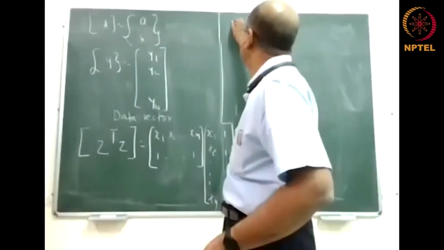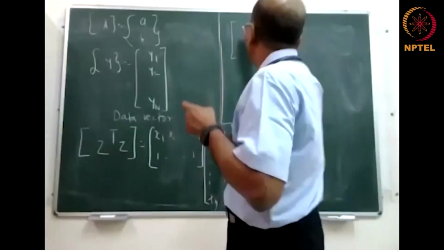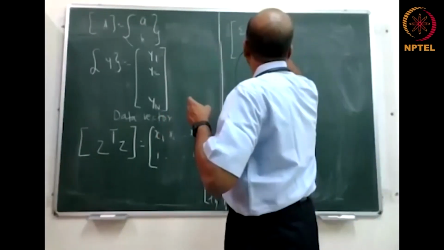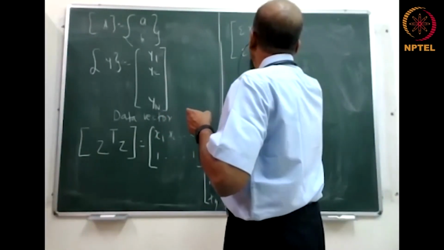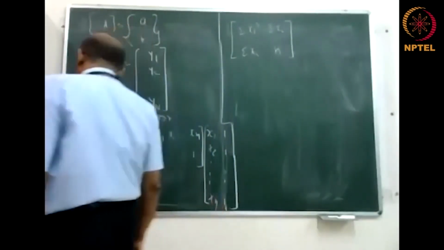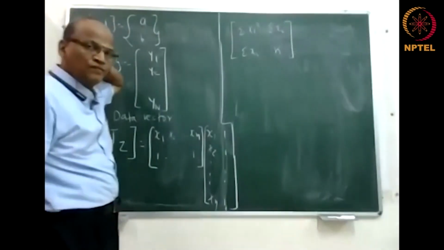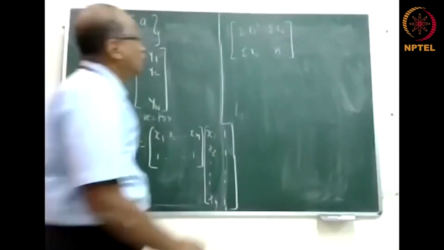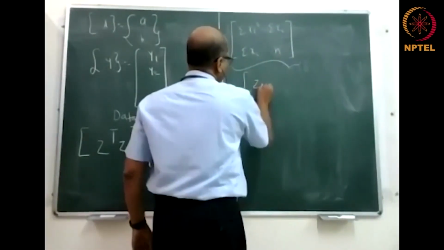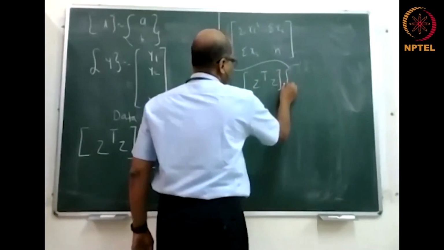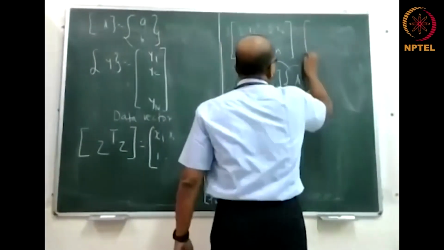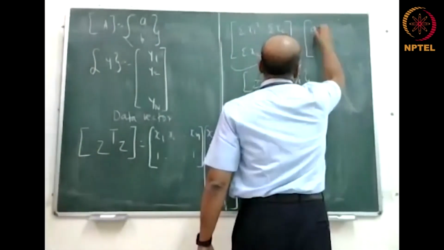What is this now? Correct? This is correct? Yes, sir. Oh, very good. Now, Z transpose is Z operating on A, is nothing but this, operating on